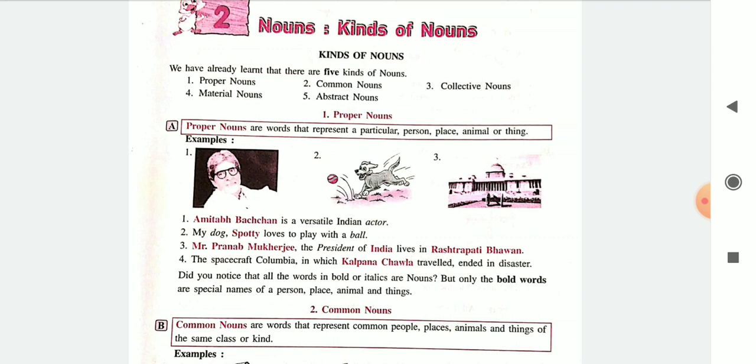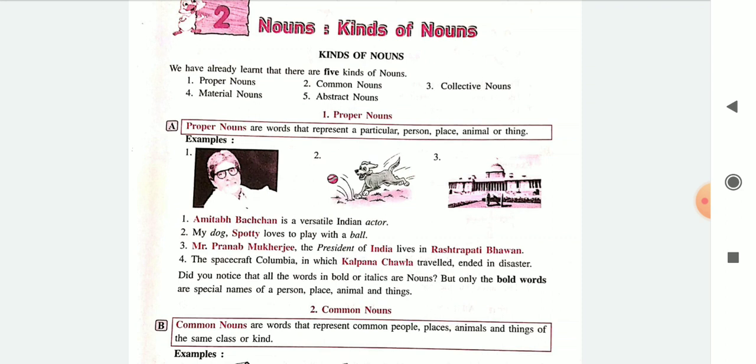What are proper nouns? Name of any person, place, animal or thing is called a proper noun. That is the actual name of a person, name of a school, name of a mountain. You can say, Himalayas are the huge mountains located in the northern part of our country. Here it's a long sentence and Himalayas is a proper noun. Mountains is a common noun. Located in the northern part of our country. Again, country is a common noun.